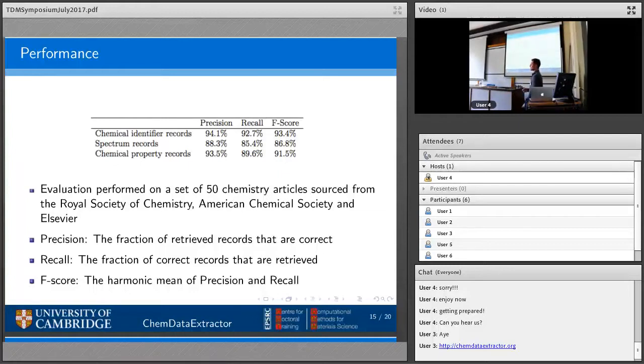We did a very brief look at some manually curated databases, and they weren't an awful lot higher precision than that. The recall, slightly lower at 90%, roughly, meaning that we only find 90% of the records in a document, but when creating a database, we want to convince researchers that we're more worried about precision. We want them to be sure that the records they're getting in their database are correct, rather than having complete coverage in the database. And that yields an F-score of 91.5%,